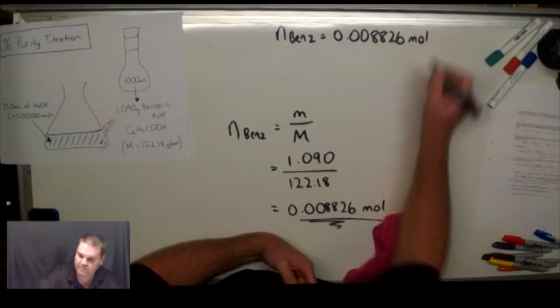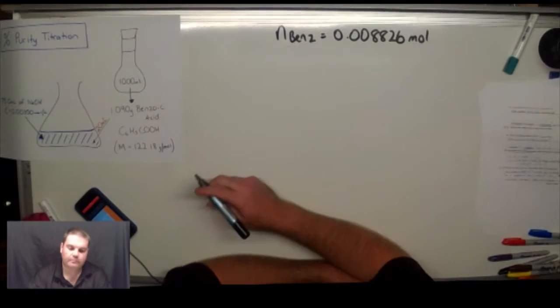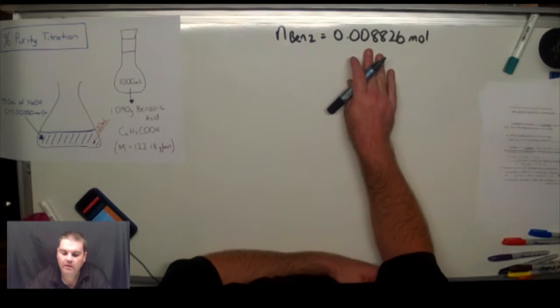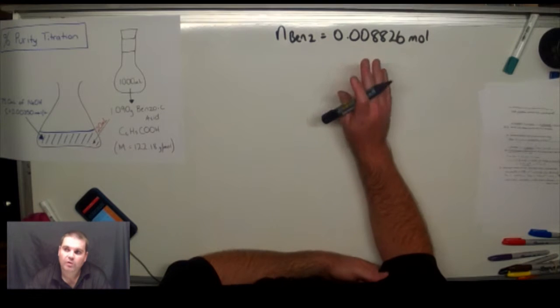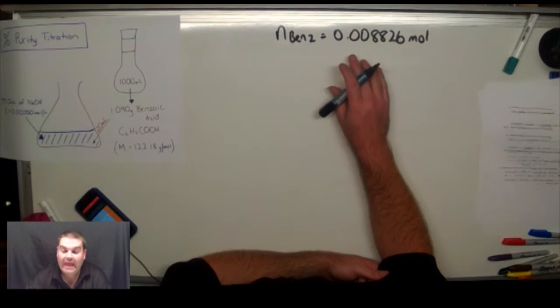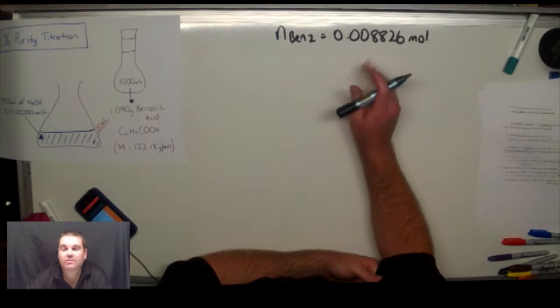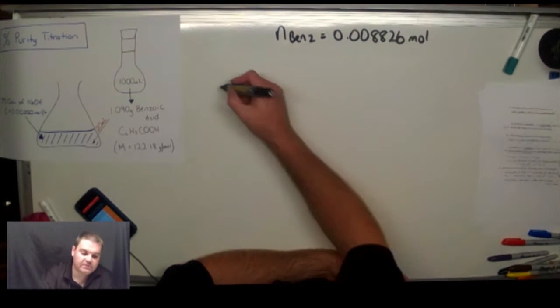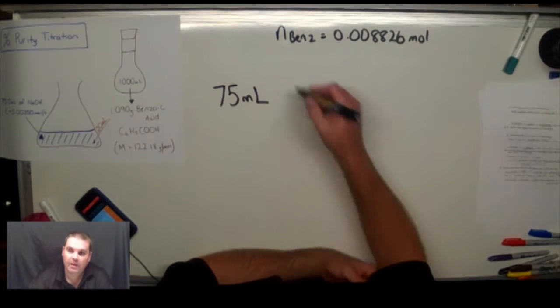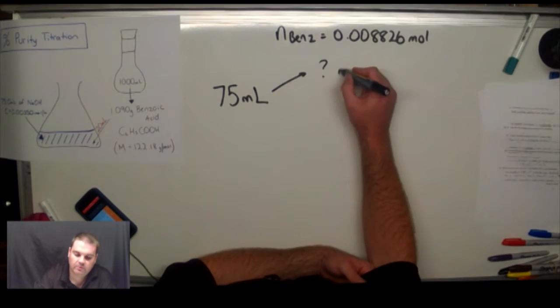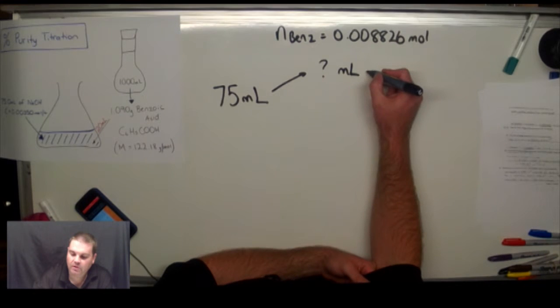0.0088826 moles. That's what we were expecting. Okay, so we had this many moles of benzoic acid that we put in. So what we need to do is work out how many moles of our sodium hydroxide reacted with it. Now that's not easy to do, but what you've got to remember is that we put in 75 mils of our sodium hydroxide. Now, some of that reacted